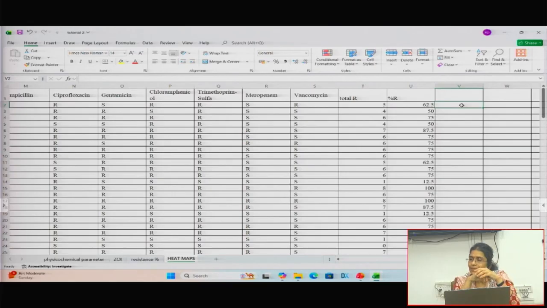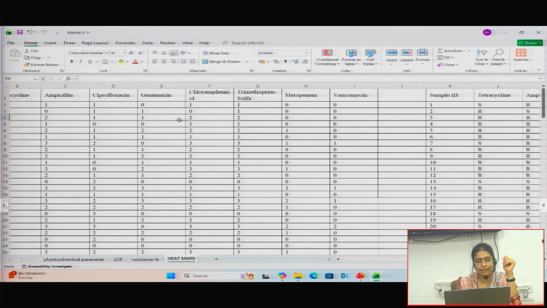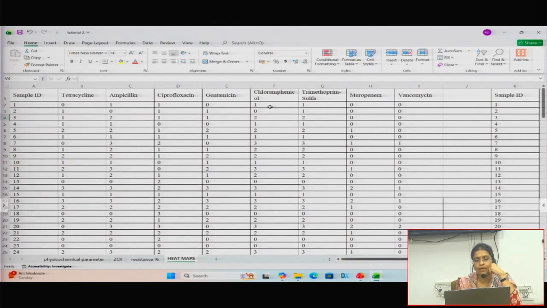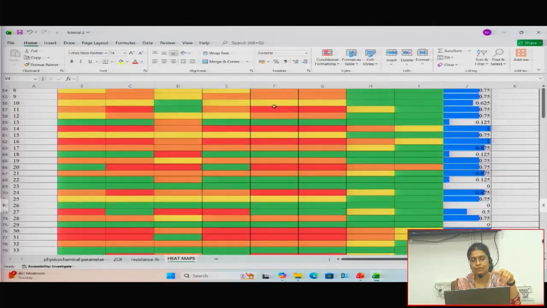We can depict the same thing in terms of heat maps also. When it is a heat map, what do you do? So all of you okay, whole class? Okay, this column U, which was nothing but the percentage resistance, similar to what we have done there. It was 3 samples, it is 8 samples. Now we are going to represent the same data, that was what data we had in our first column, in terms of a heat map. So it will look something like this.